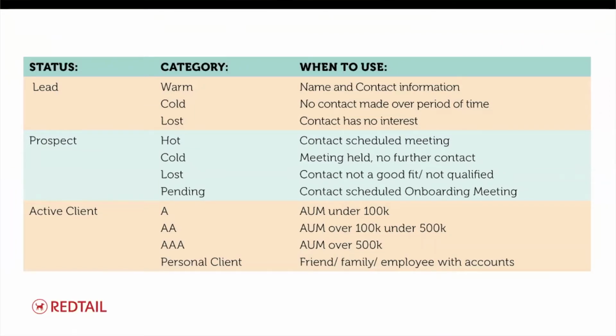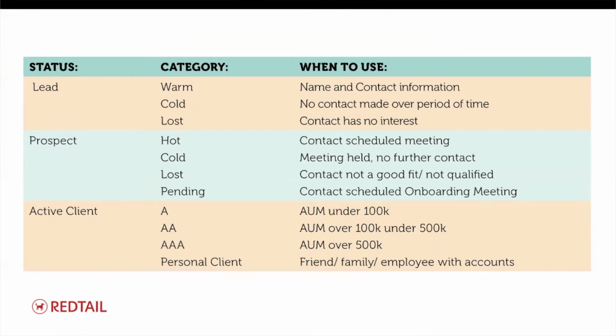So as a suggestion, you really want to come together and say, well, what does each one of these combinations mean? Not every single category is going to go with every single status, and vice versa. Not every single status is going to use every single category. So splitting them up and putting them into a list and giving definitions is what we like to call a style guide,